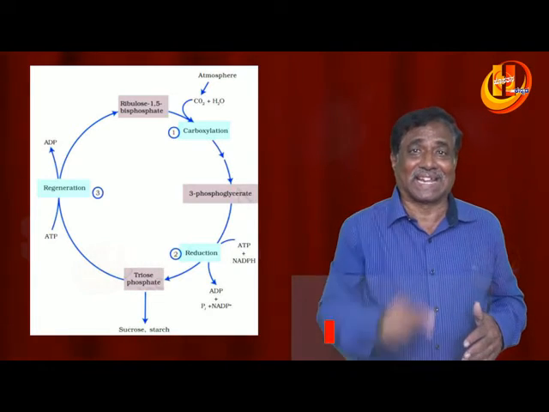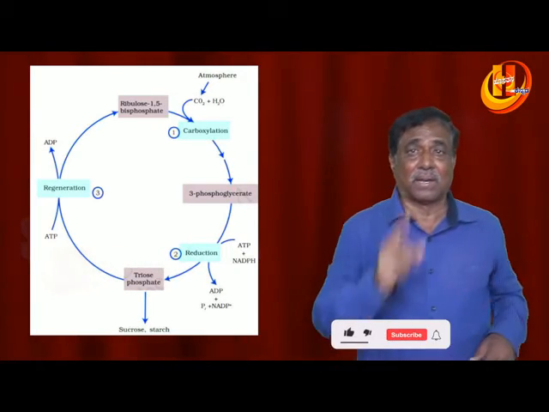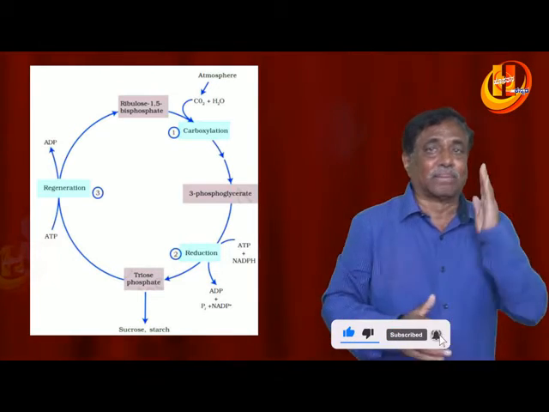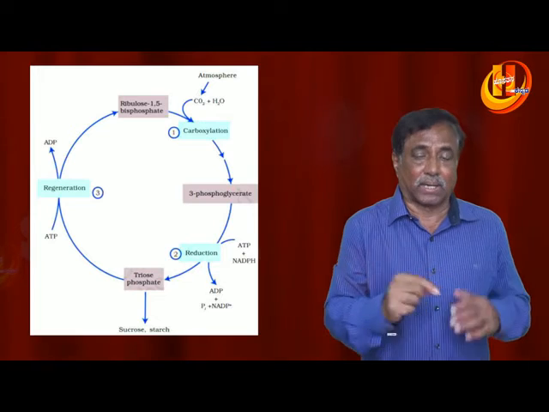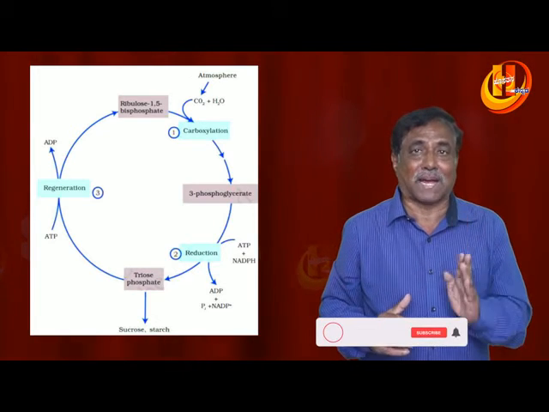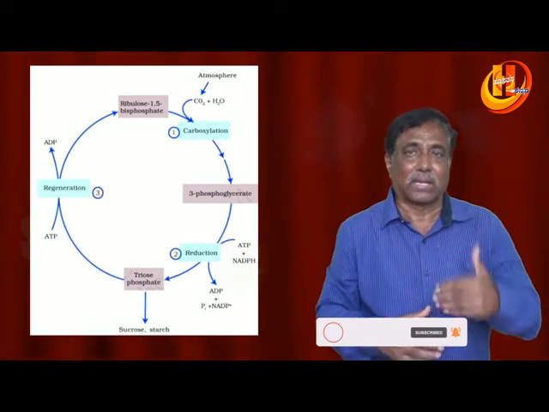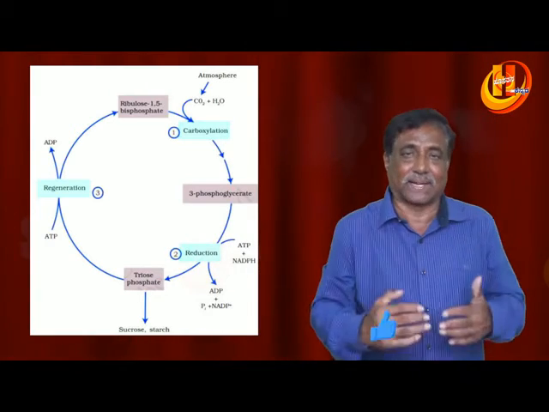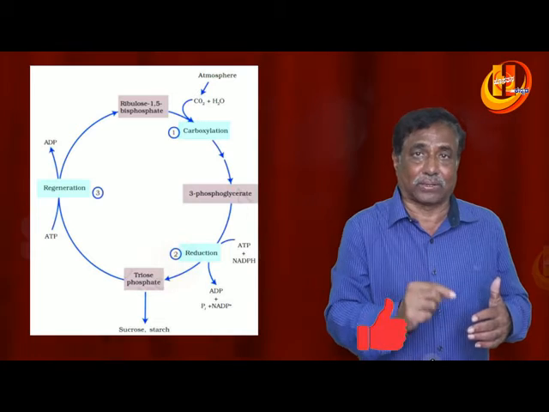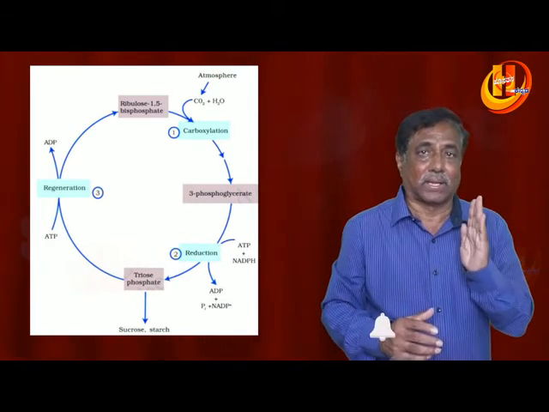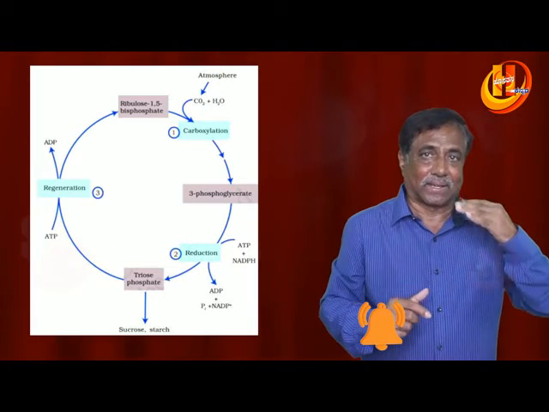As I told you earlier, in the nitrogen cycle the first stable compound is ammonia, and here the first stable compound is 12 molecules of 3-carbon compounds, phosphoglyceric acids. Phosphoglyceric acids are phosphoglycerates, and these 12 molecules of phosphoglyceric acid give